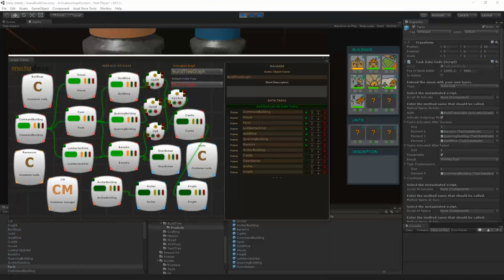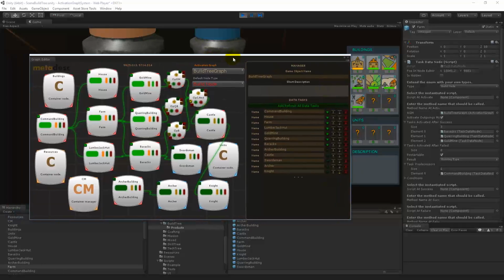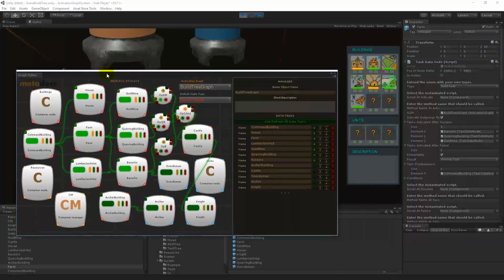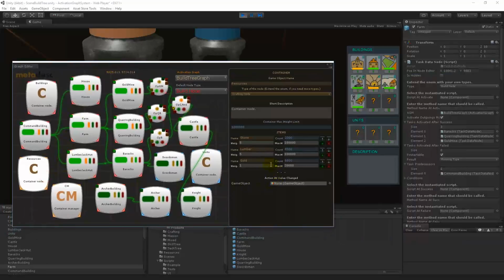So I built the other buildings, and you see they will be activated. And I can also show you that they consume the resources if they will be activated. So for example, this one, if you look at the resources, next time it will be